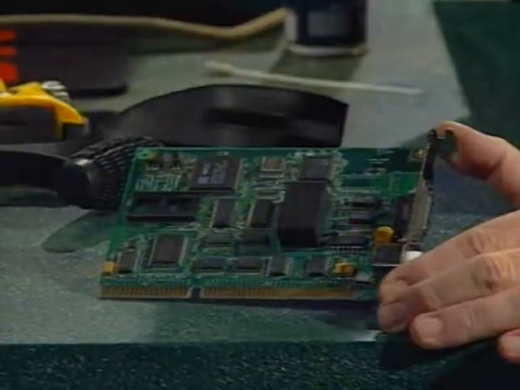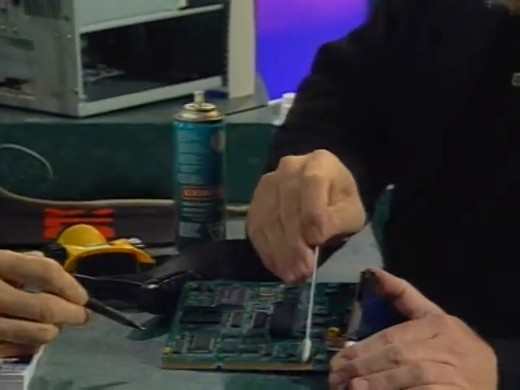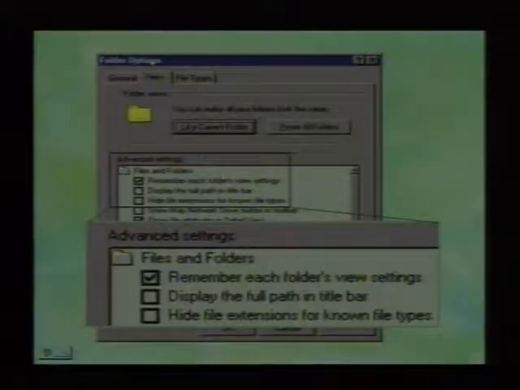This week on the Computer Chronicles, how to fix your PC. We'll take a look at the hardware side first and show you how to solve typical problems with the internal components of your computer. Then we'll take a look at the most common software problems, including Windows crashes and application